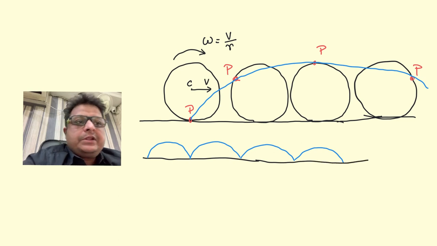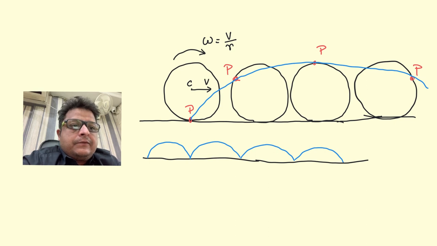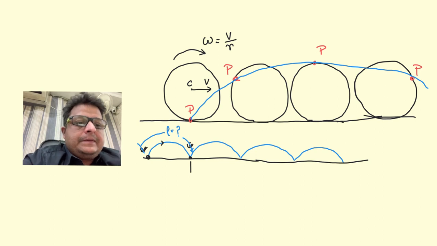Now we have to find out the length of the cycloid. See, ये है one revolution from this point. ये point से ये point पे आ गया one revolution में, and you have to find out this length. ये वाला length निकालना है. अच्छा,